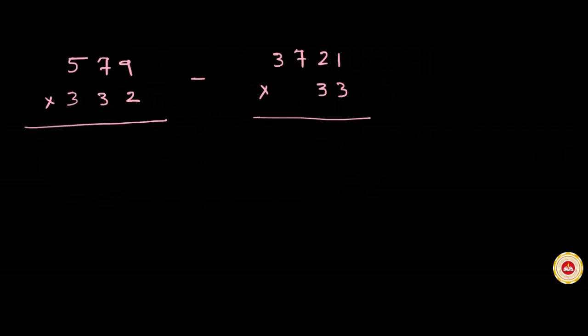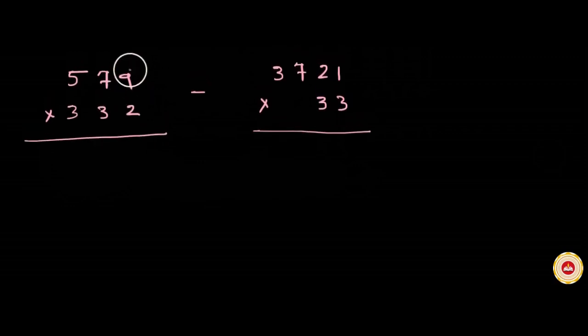So write answer in parts. First column from right side. 2 multiplied by 9, 2 nines are 18. Now join second column to first column. Now there are two columns. So multiplying the digits in these two columns crosswise, 7 twos are 14 plus 3 nines are 27. 27 plus 14. How much? 27 plus 10, 37 plus 4, 41.